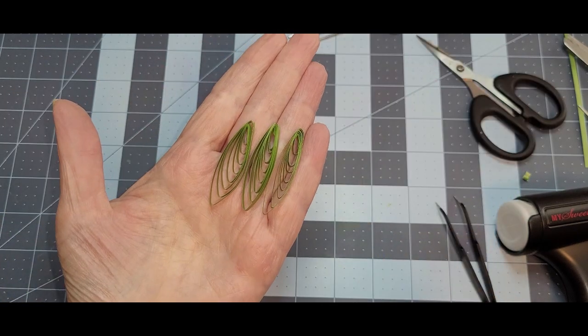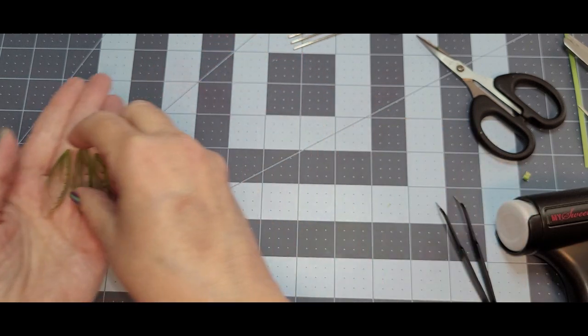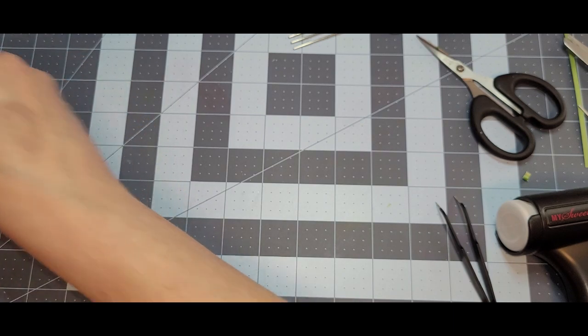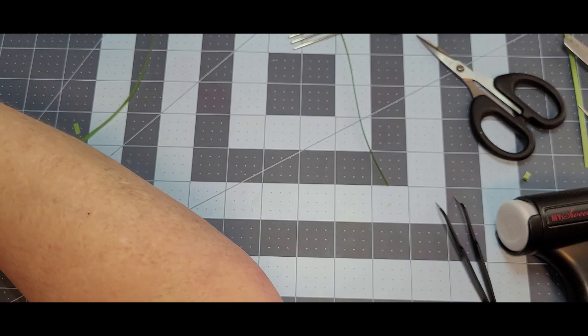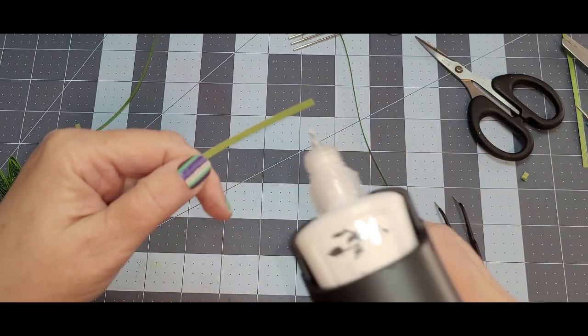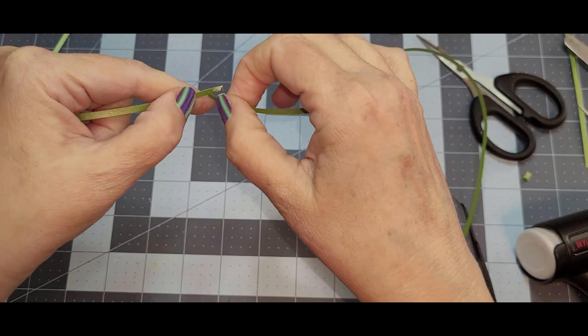I have my 3 parts to the dress here. Let's go ahead and make the head. So for the head, you're going to need 2 full strips of the emerald green and glue those end to end. The head isn't going to be any different whatsoever from the other angels that I've made,